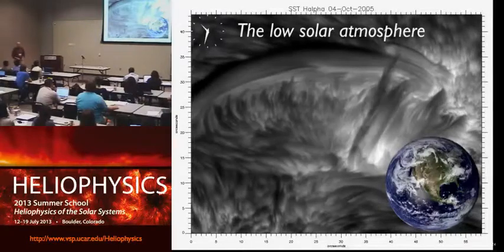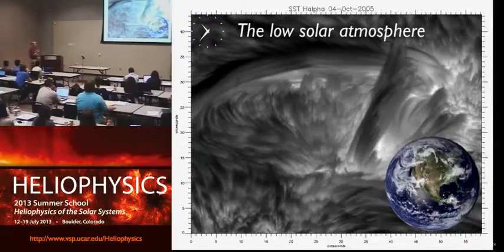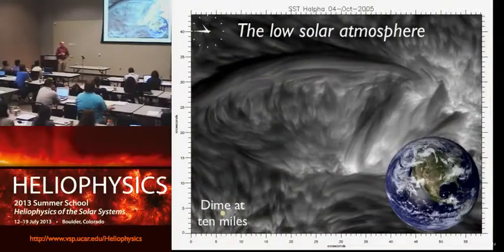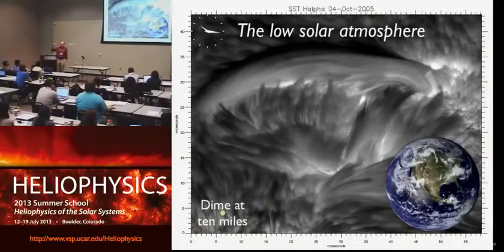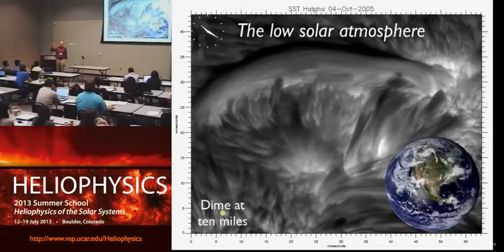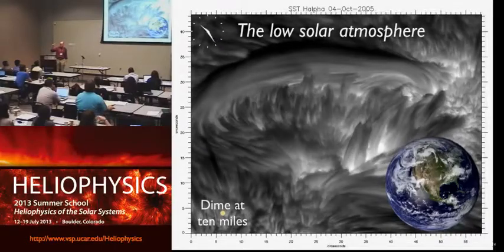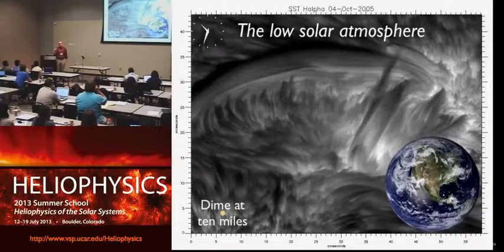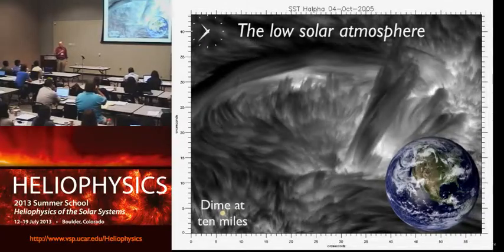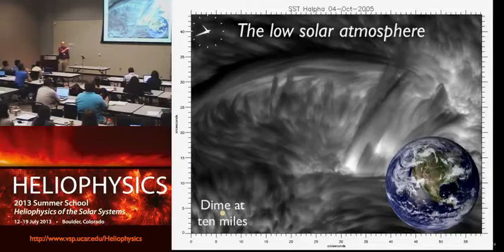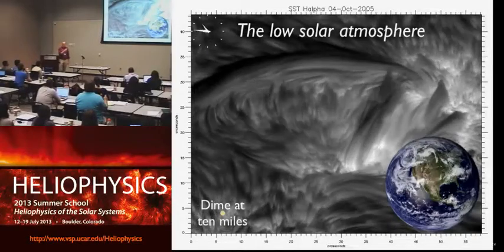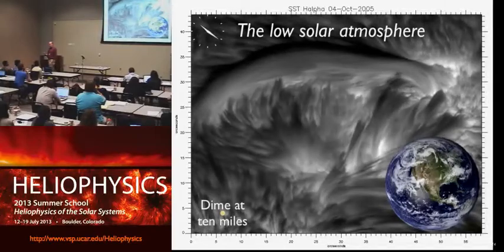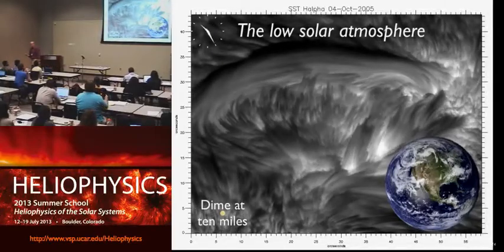It's not terribly good. If you thought of it in terms of how good it is if I had to build a telescope, that is a 10-cent piece seen at 10 miles distance. These telescopes are astonishingly good, even looking through the Earth's atmosphere. But they're one-in-a-million shots, literally. You can take a million hours of recordings before you get something this good, and even then you have to put a lot of computer power into restoring the images before you see it. That's why we all like to go to space.